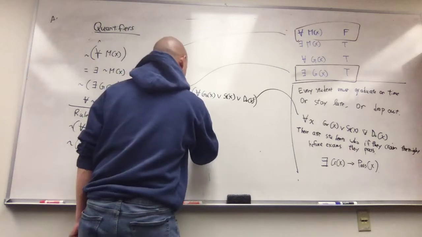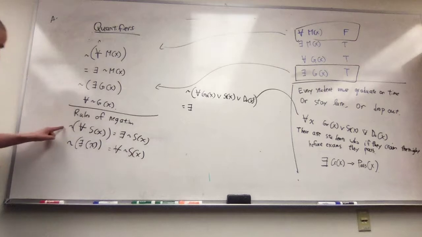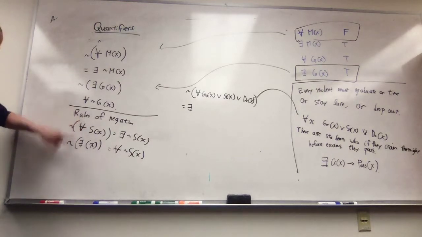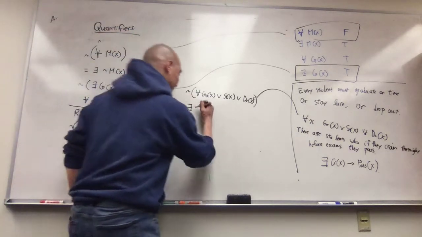And so the not passes through. And so the way you can think about this is if I move a not through a quantifier, I flip it. So the for all becomes exists, and the exists becomes for all. So the for all becomes exists,